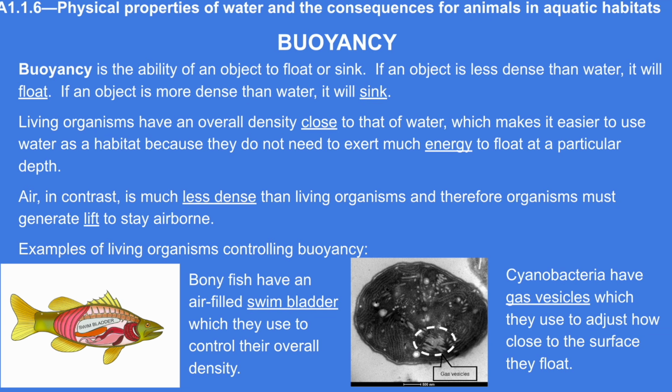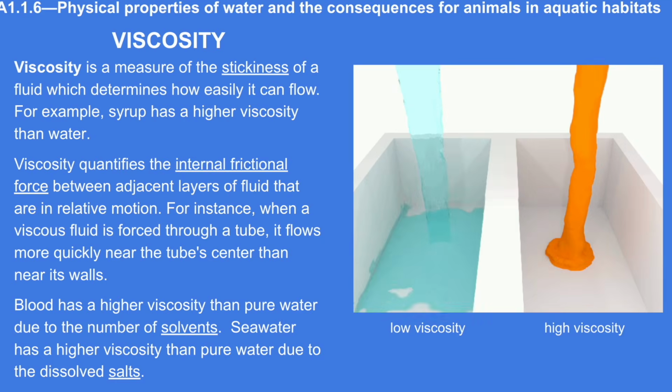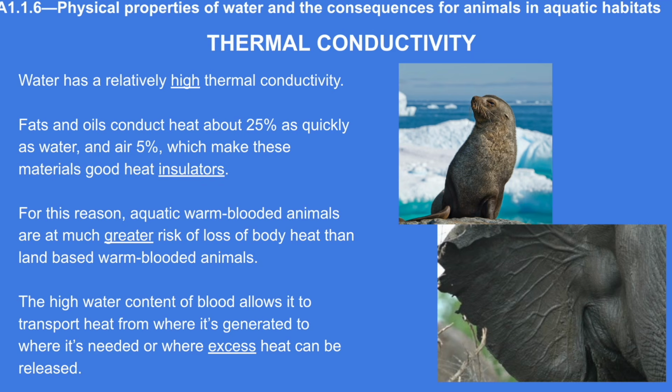Okay, buoyancy is just going to be how much an object floats or sinks. Viscosity is a measure of how sticky or thick a liquid is. Okay, water has a relatively high thermal conductivity. This is why organisms that live in water, like for example these marine mammals, are going to need that thick